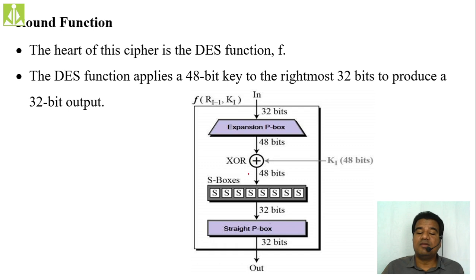Then we apply some SBox. This SBox also we are going to see, and we get that 32 bits. SBox is nothing but a scrambling box. It will scramble or substitute the actual message. So that SBox will scramble the given plain text into a 32-bit equivalent ciphertext, and that 32 bits will be put at the same place from where we have taken the plain text.